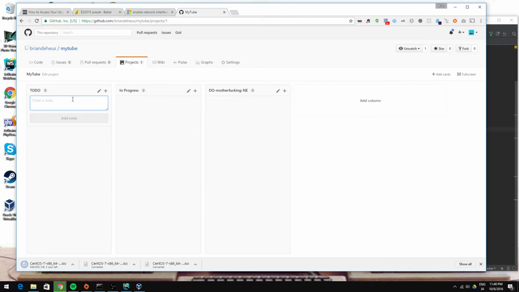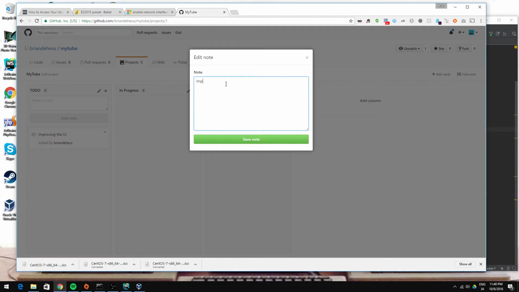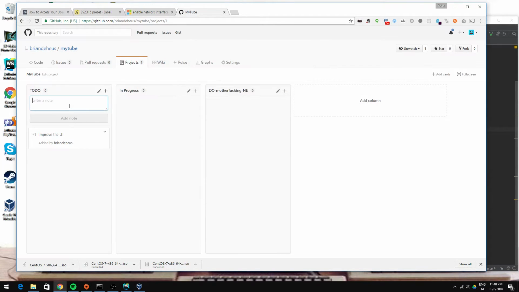So today what I want to focus on is improving the UI. I guess I should say improve the UI. I also want to clean up the code, although that one is kind of weird because, you know,